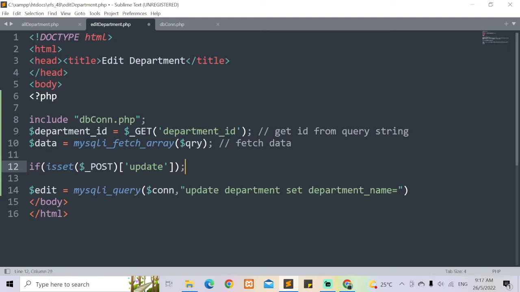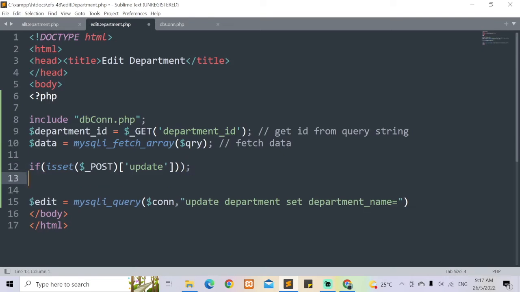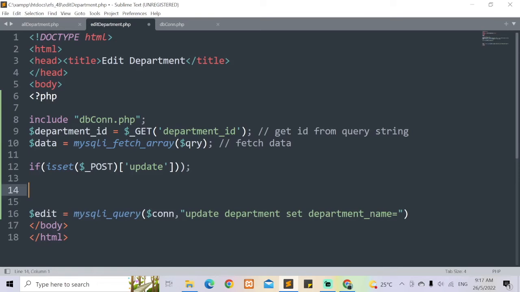And then if isset is update. All right. And then I forgot to create the variable for the department actually. So let me create it first. The department name. This is the variable of department name equals to